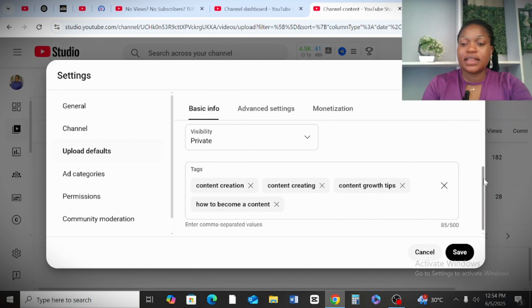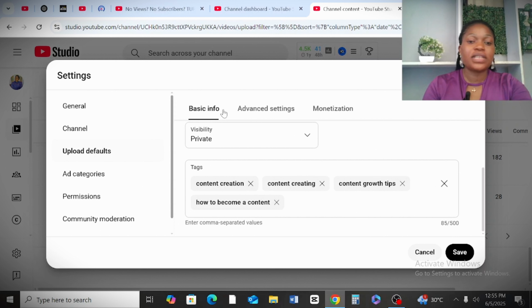YouTube will just email you that your video has issues, so you can go and rectify it without attracting any strike for yourself. The next setting that is also important is for you to come to this advanced settings,